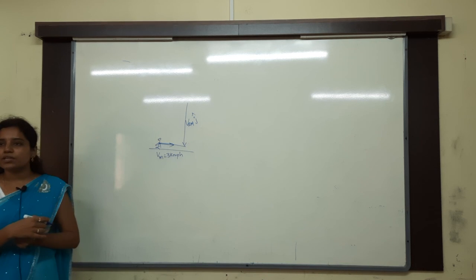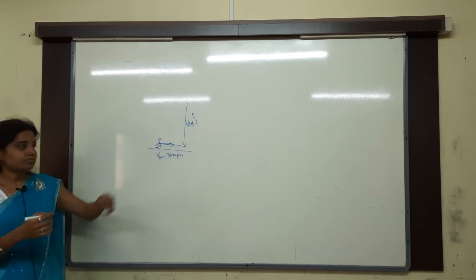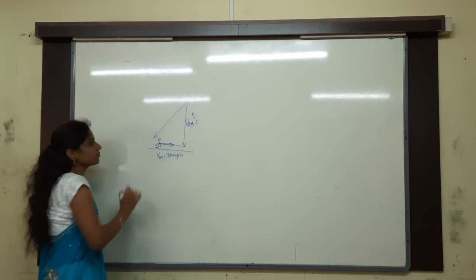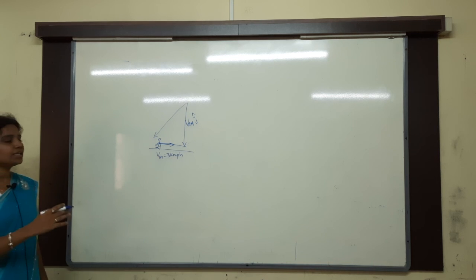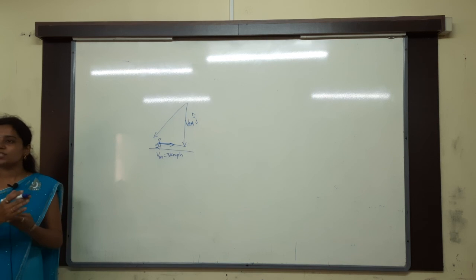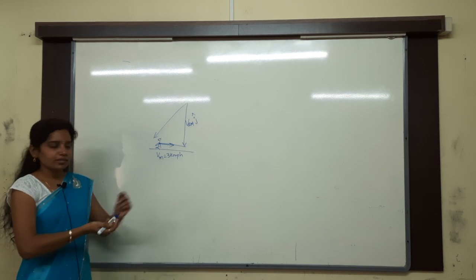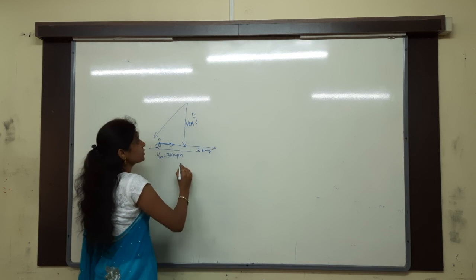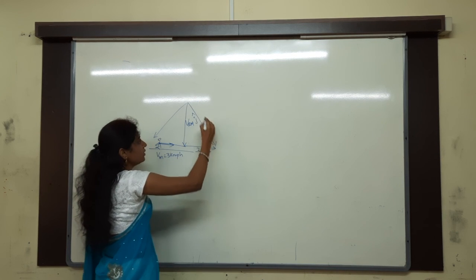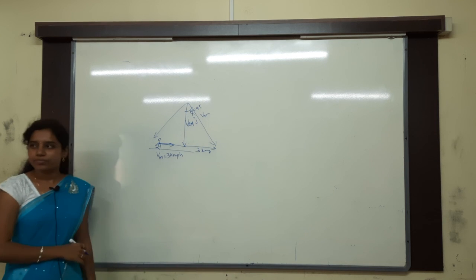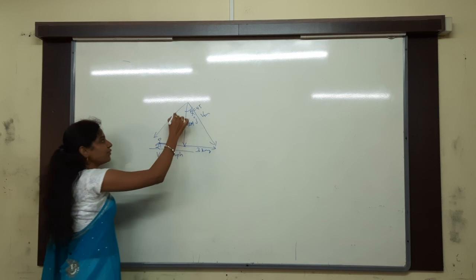Now where will the velocity of the rain be? In which direction will it be? Slantly like this only. Now whenever he is increasing his speed, 3 more, he increases to 6. So make the same diagram again. 3 already is there, and he is increasing by 3 more. So this is 3 kmph. Then rain is appearing at what angle? Theta is equal to 45 degrees. Clear? Then you have to find this angle.